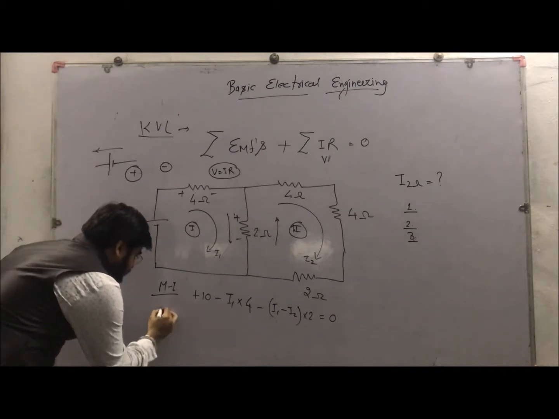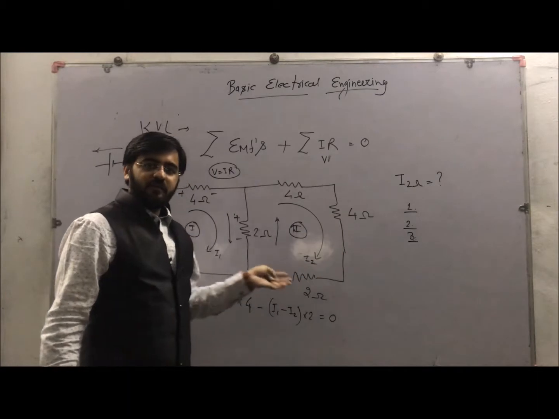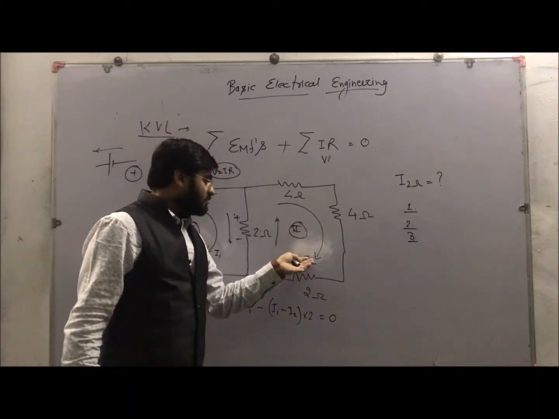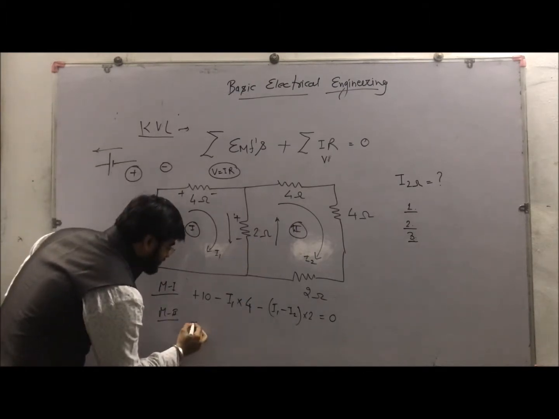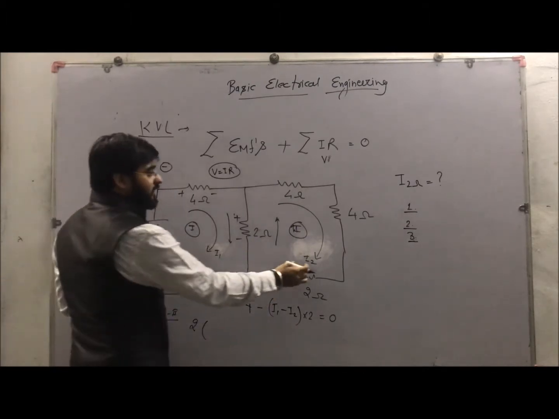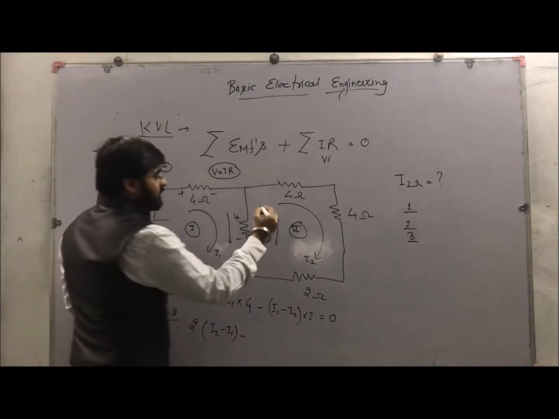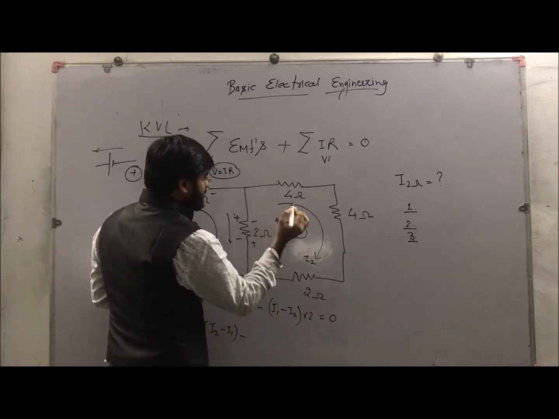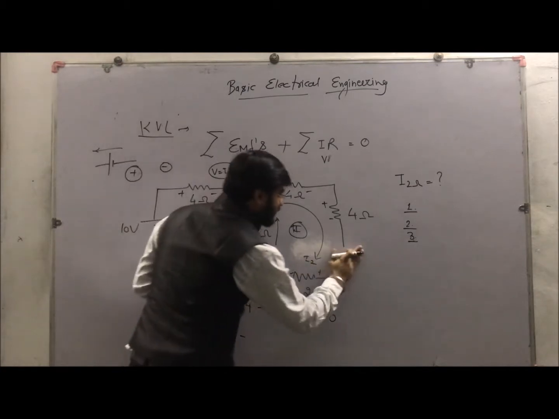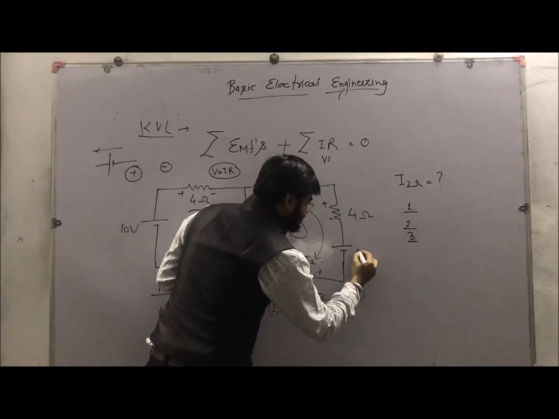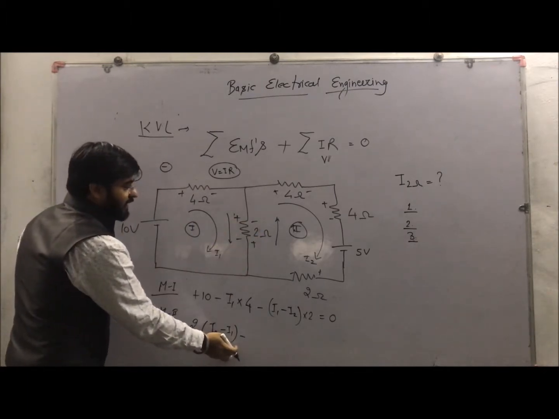Similarly, mesh 2. In mesh 2, what is the current direction? This is clockwise, I2. If we are going through the 2 ohm resistance, that is 2 ohm, but here we have to take the reference as I2 minus I1. Here the polarities are positive, negative, positive, negative, positive, negative and positive, negative. If I take a voltage source also, suppose this is 5 volt, so this is 2 times I2 minus I1